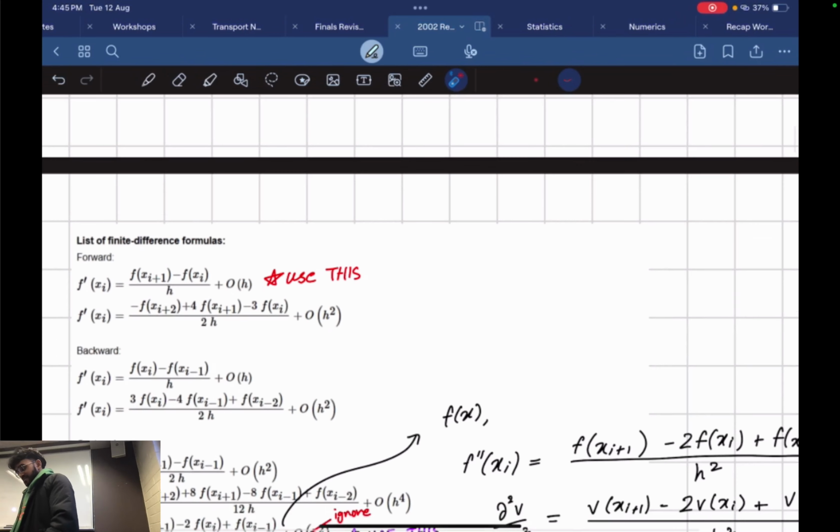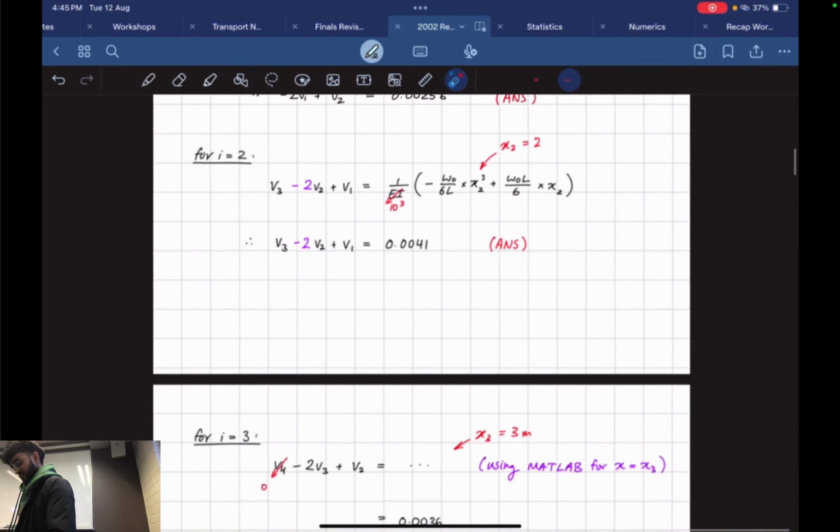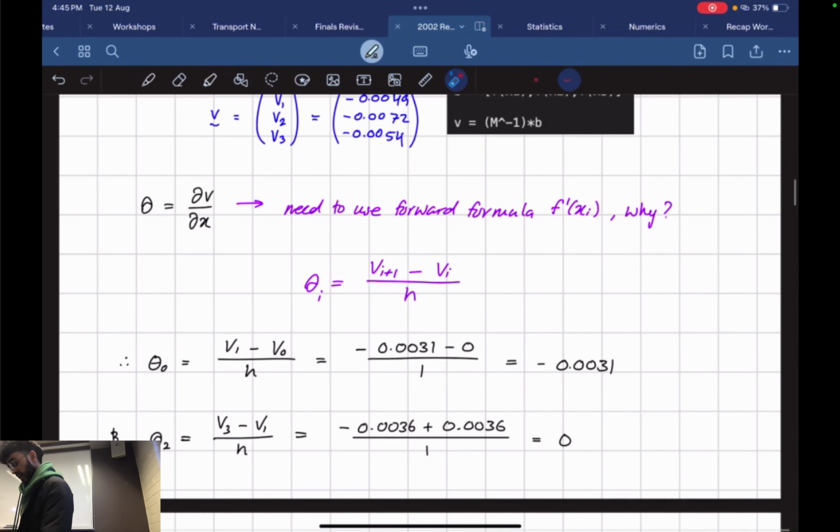Alright, so the other one. I used the first one and I got it right. It doesn't really matter. Alright, I think it's right. Oh yeah, I subbed in the values wrong. So this should be